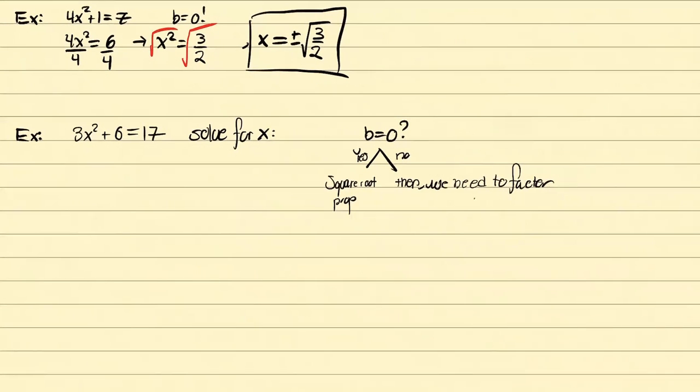Then we need to ask ourselves, when we get to this part, is a equal to 1? Is a equal or not equal to 1? If a is equal to 1,